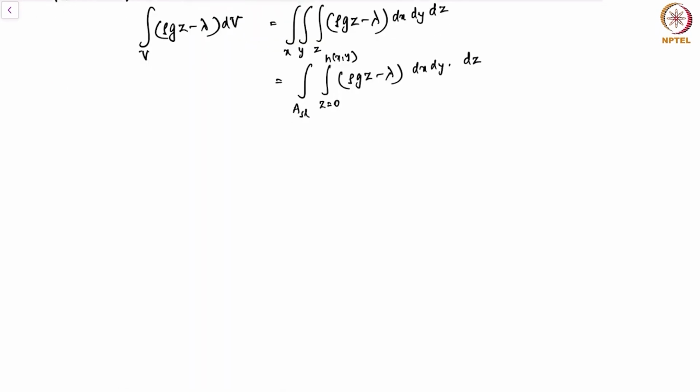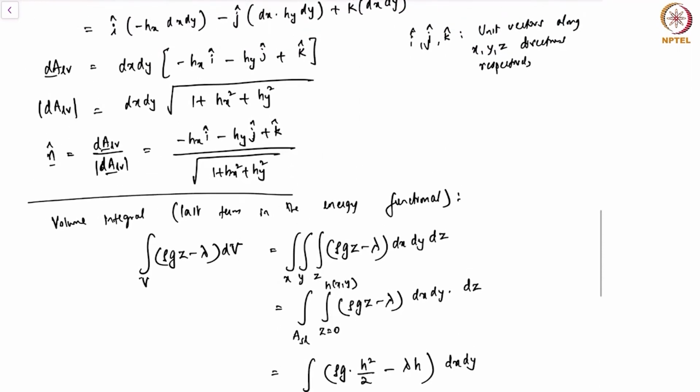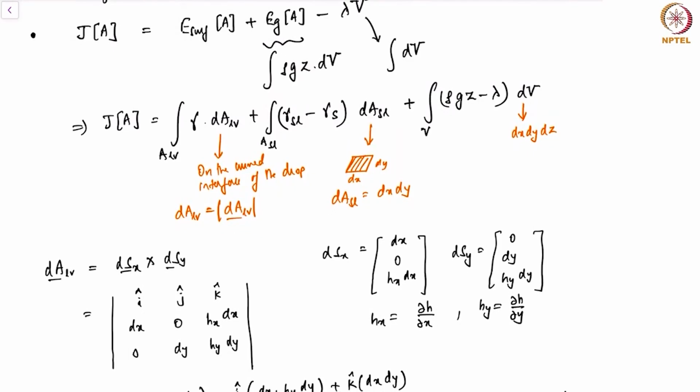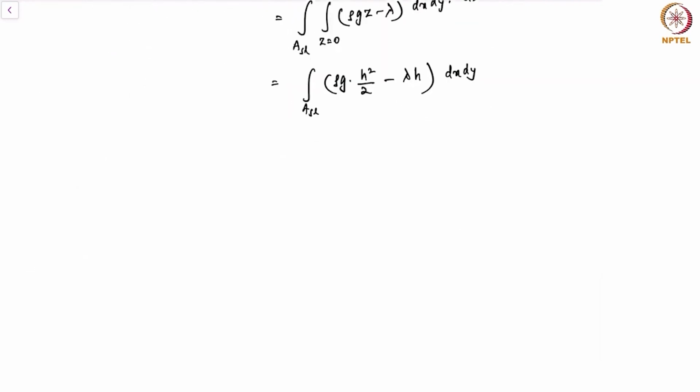I can simply do the integral over z and I'll get the area of the solid liquid interface times rho g h square over 2 minus lambda times h, dx dy. Okay, this is what I have. I simply now have the expression for the volume integral. I can substitute it into this energy functional. Now let's substitute into this full energy functional. Let's call this equation 1. The energy functional now becomes